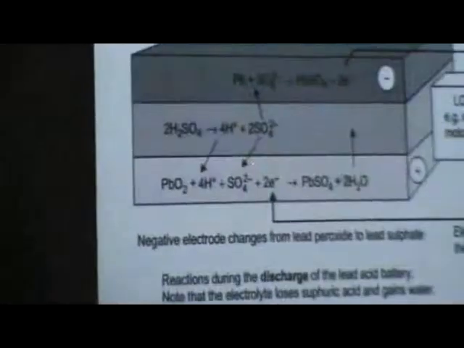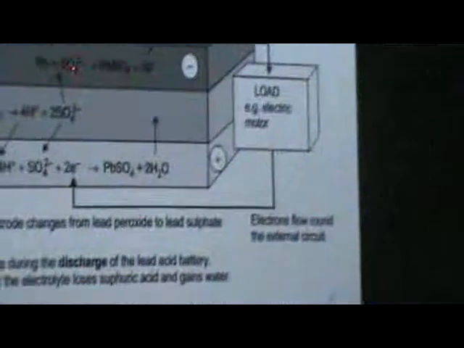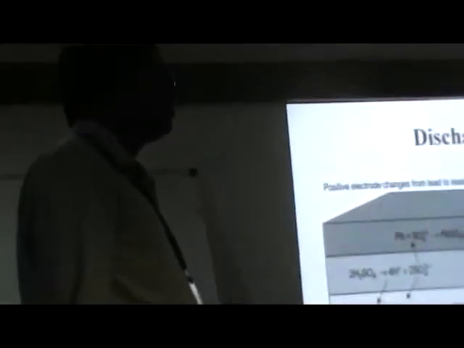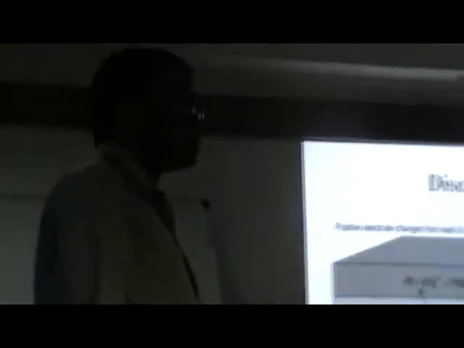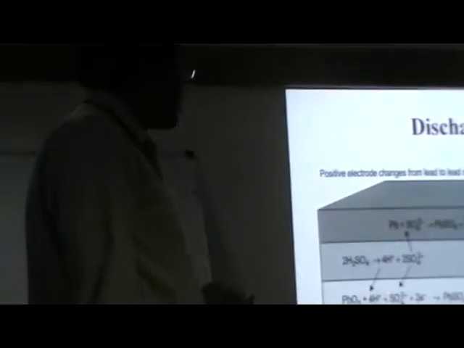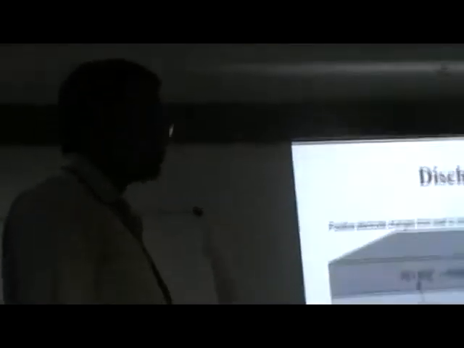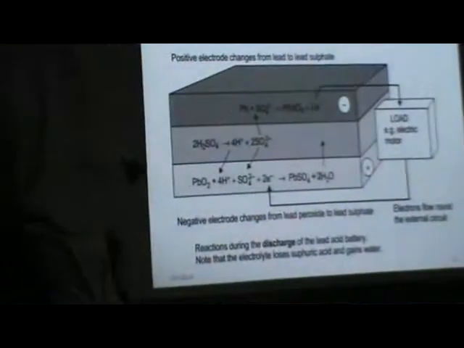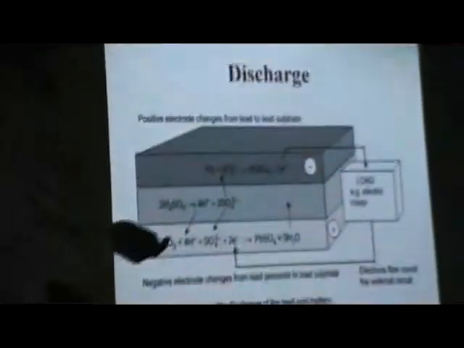This plate is called the negative plate. This is the positive plate. The electrons move from the negative plate to the positive plate when you connect a load in between. Suppose without load condition, how does the self-discharge happen? Without load condition, the chemical intensity is going to reduce, the chemical automatically dilutes, and then it is affected by self-discharge.